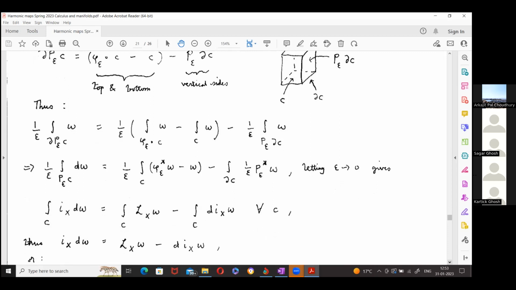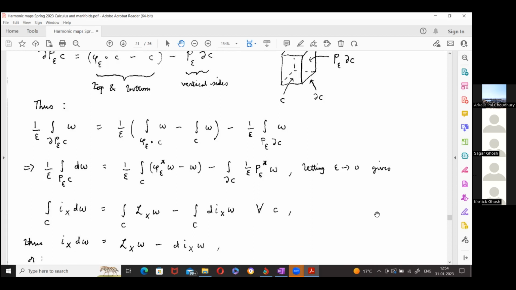Yes, sir. Yeah. So now what do I get? I get that for every k cube C, the integral of this form, Ix d omega over C, is equal to the integral of this form, Lx omega minus d of Ix omega. So we know that k forms are determined by their integral over k cubes, right? If the integral over every k cube is 0, then the form is 0. So if the integrals of these two forms over all k cubes are equal, then the two forms must be